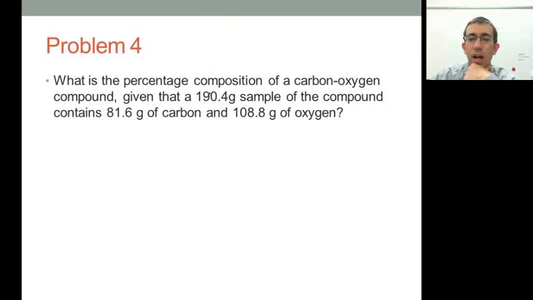Right here, this one's even easier because look at this. What is percent composition of carbon and oxygen compound given 190.4 gram sample of a compound that contains 81.6 grams carbon and 180.8 grams oxygen? Well, look what they did here. They actually went ahead and gave you the total mass. You don't even have to add these